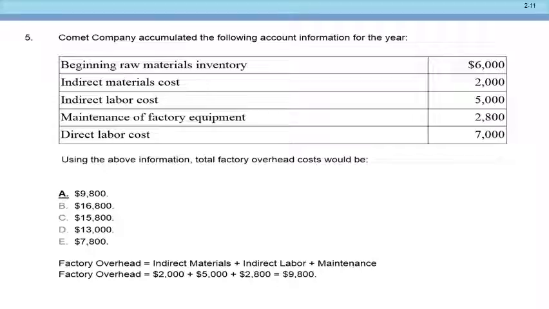Okay, so let's go ahead and take a look at this question and see if we can answer it. Again, this comes from your homework based on what we have learned so far. So this is question number 5 in your homework, and I'm going to try this pen thing again. Okay, now I think it's okay.